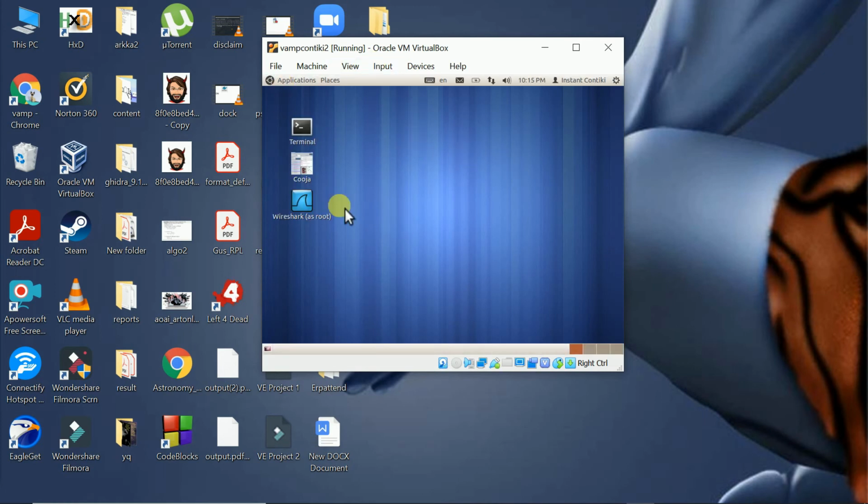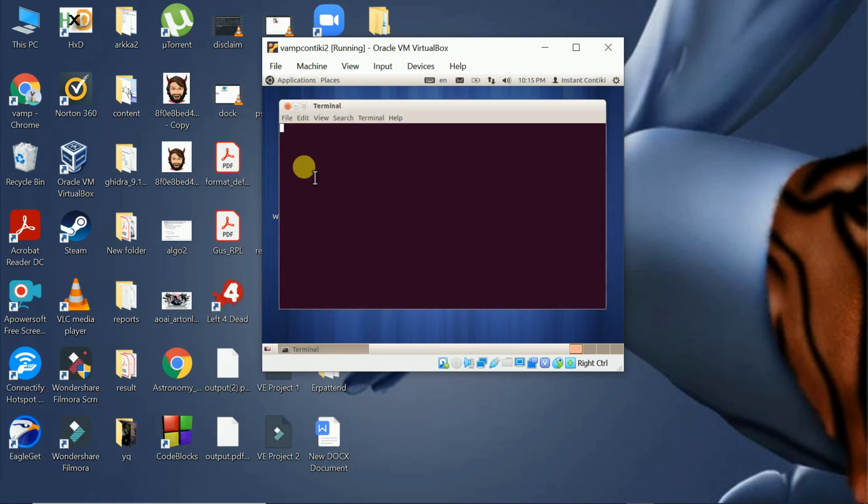So finally here we have our Contiki operating system on which we have our Cooja simulator, and in order to run this Cooja simulator you don't have to do a lot of things. You just have to double click here and it will do everything for you.